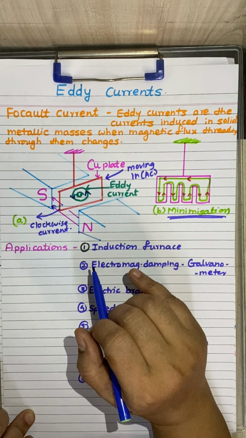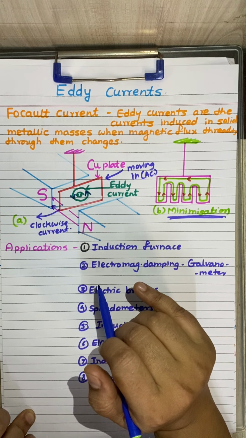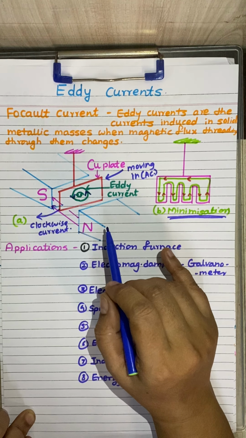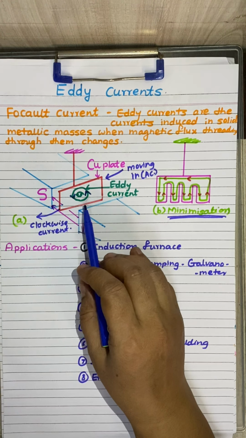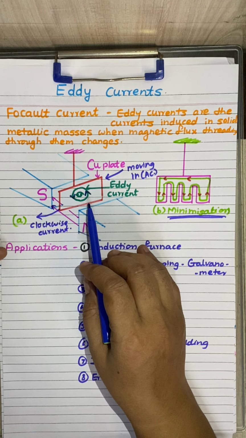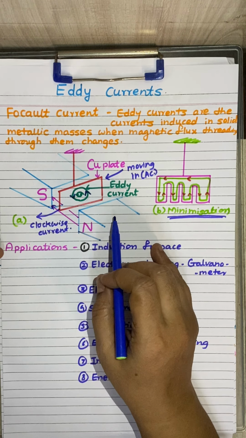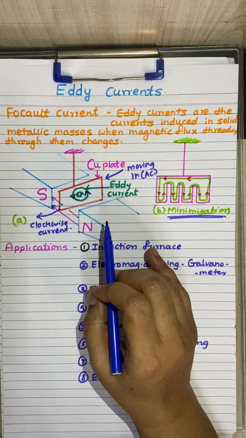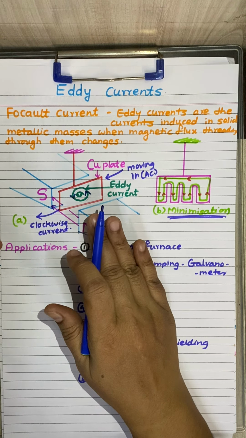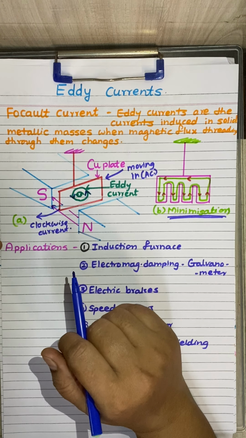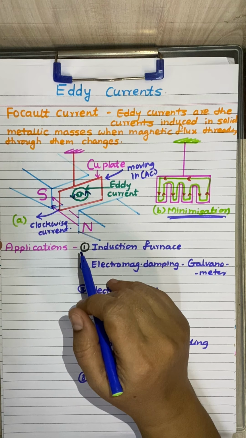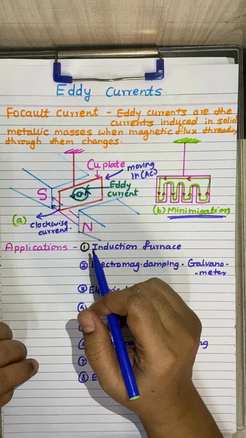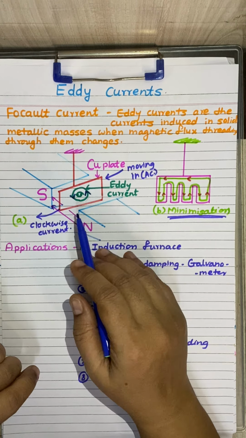Okay, heating of the plate. Also, it is a wastage of power, and the heat produced by the eddy currents damages the insulation of the coils. So these eddy currents are the induced currents, and these are the undesirable effect of the eddy currents, because eddy currents are produced inside the iron cores of the rotating armatures of the electric motors as well as dynamos, and also in the core of the transformer, which experience flux changes when they are in use.